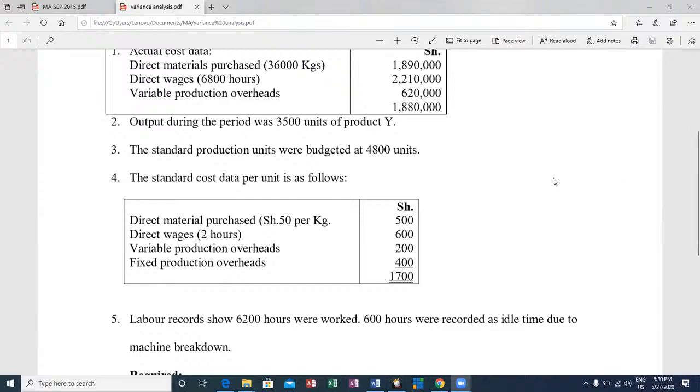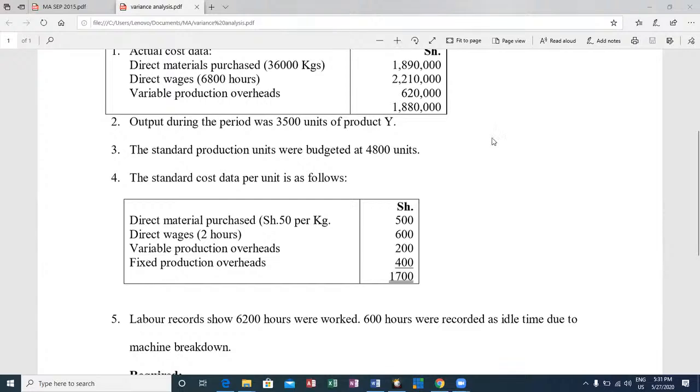And then the other thing that I would want to pick immediately is the labor from the standard cost card given in note number 4. Labor is the same as wages. Labor cost is the same as wages. So labor or wages, we are able to see 2 hours, which were able to cost us 600. Now for today, I would want us to calculate the materials and the labor. So you would rather have me just having the 2 items alone. After that, let's go to the next thing.